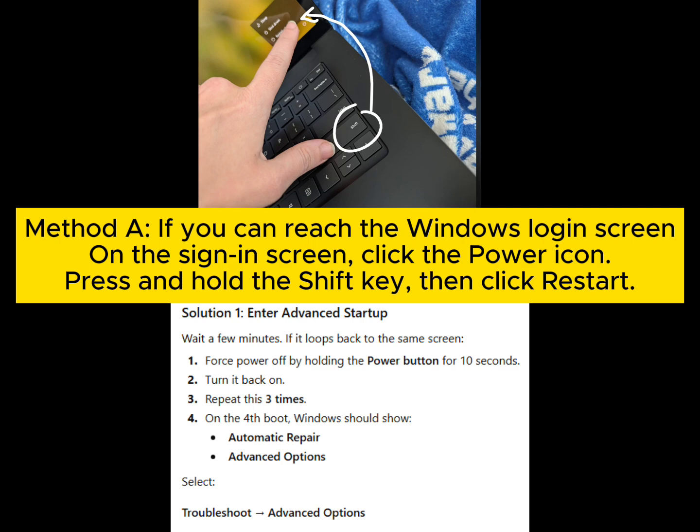Okay, so you have to repeat 3 times. Turn off, then turn on again, then turn off, then again. The 4th time the advanced recovery options will come up, and after that I will give you the troubleshoot steps, which you follow to resolve your issue. So next,